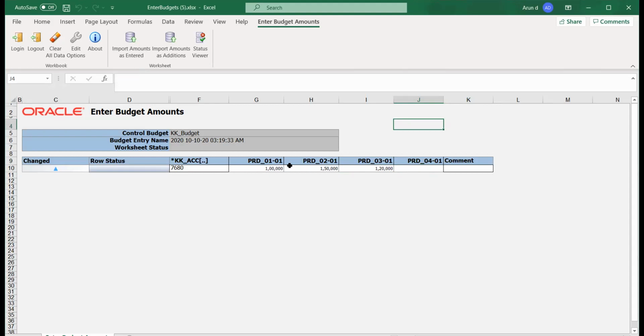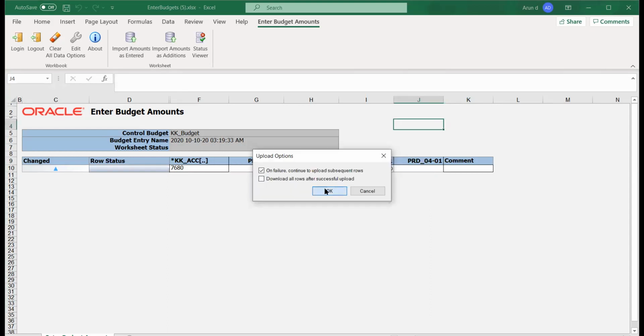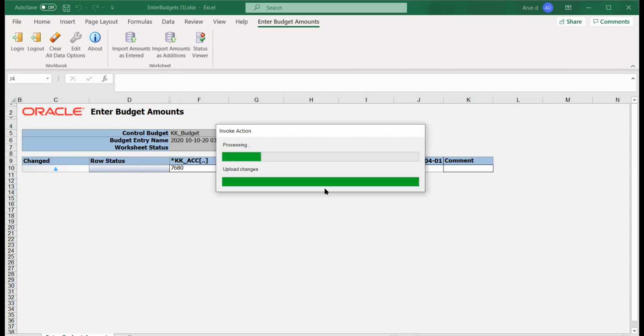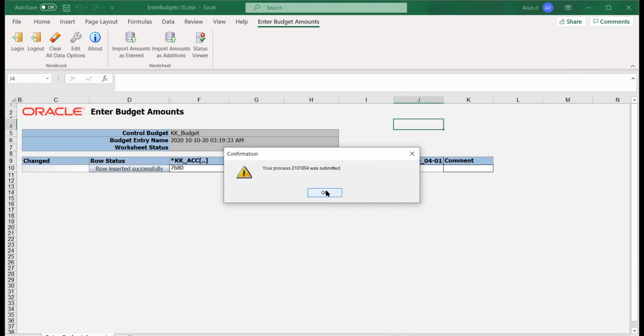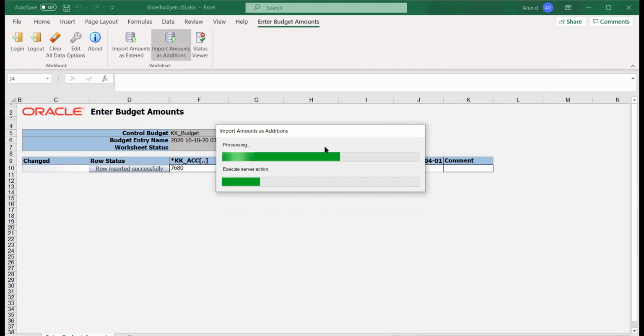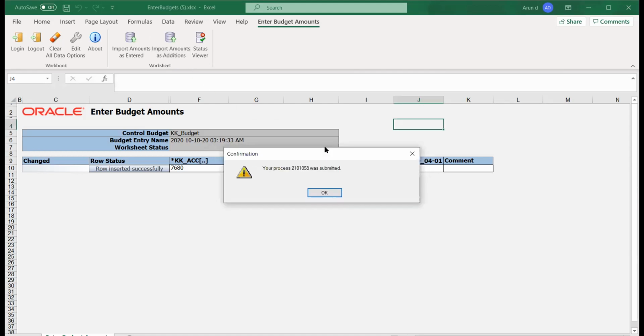So I have entered only for the 3 periods. So let me upload this budget. It is import amount as entered. Import amounts as additions. What does that do? Yeah, this will basically add. Additions in the sense if we have the amount already loaded, we can have this. So for now, I'm just